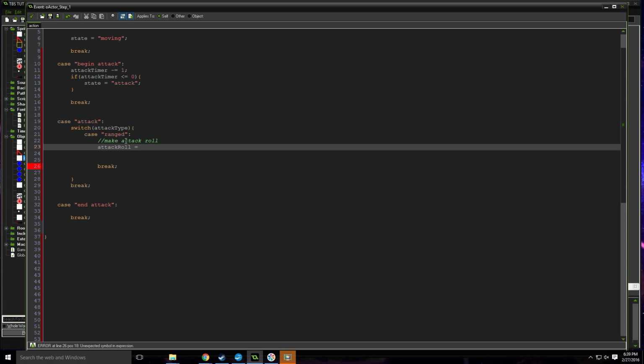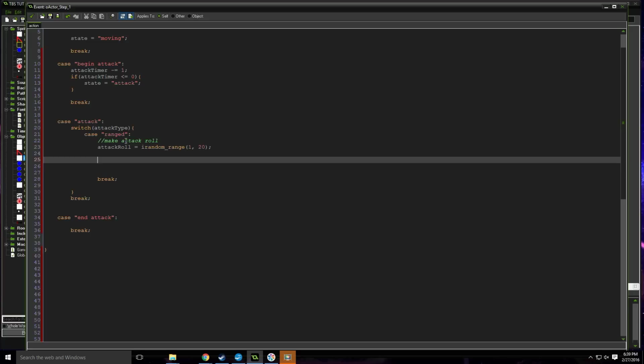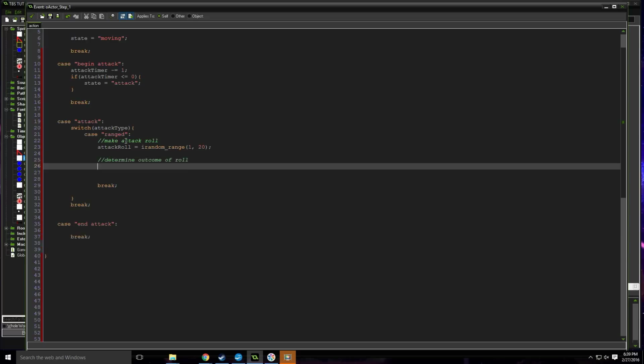So attack roll. And we're simulating a 20-sided dice roll again. So that's random range, and then 1 to 20. So it'll give us a whole number between 1 and 20. And now we need to determine whether we hit or not. So determine outcome of roll. First off, we're going to do things how they do them in Dungeons and Dragons. If you roll a natural 20, on your 20-sided dice, if it comes up 20 on that roll, it's a critical hit. So if attack roll equals 20,